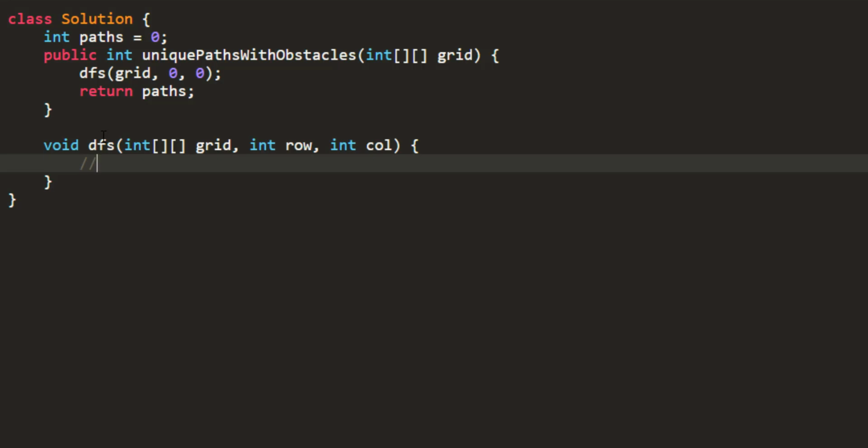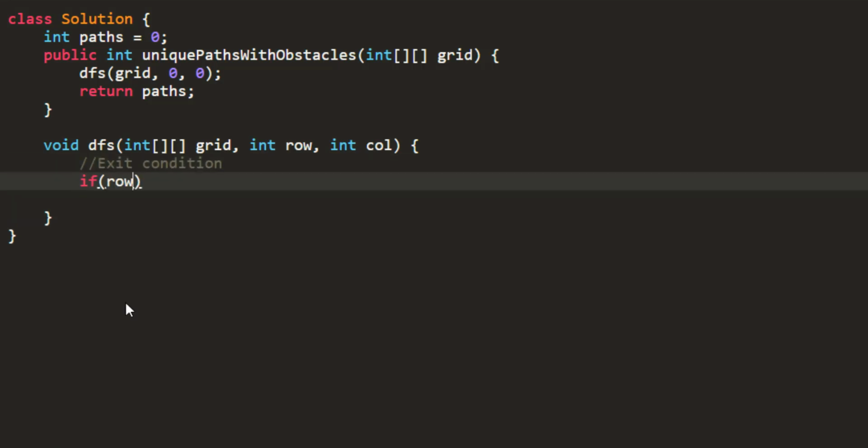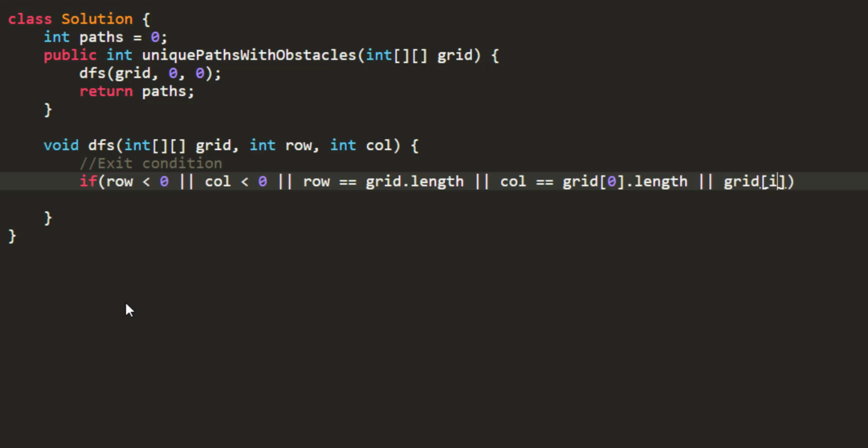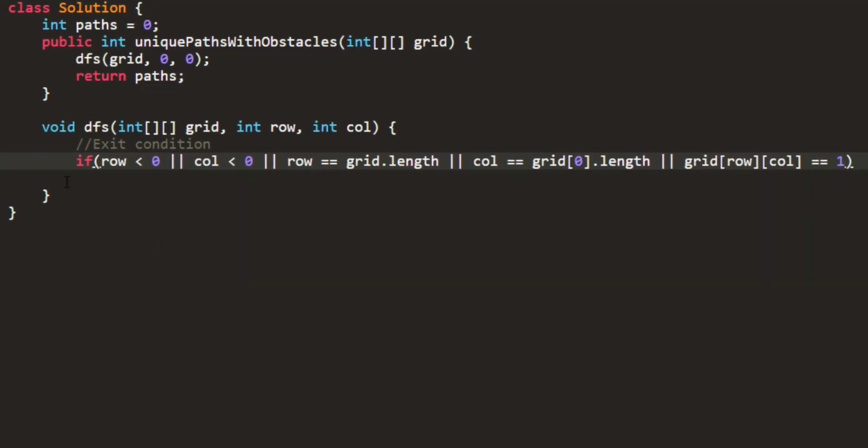The first thing that I am going to write down is the exit condition. So this is my exit condition where I am stating that if my row and column are reaching out of the bounds or if the grid value is an obstacle, then I'll just be returning from this function. After that, I'll check if my current row and column is the bottom right row and column or not.